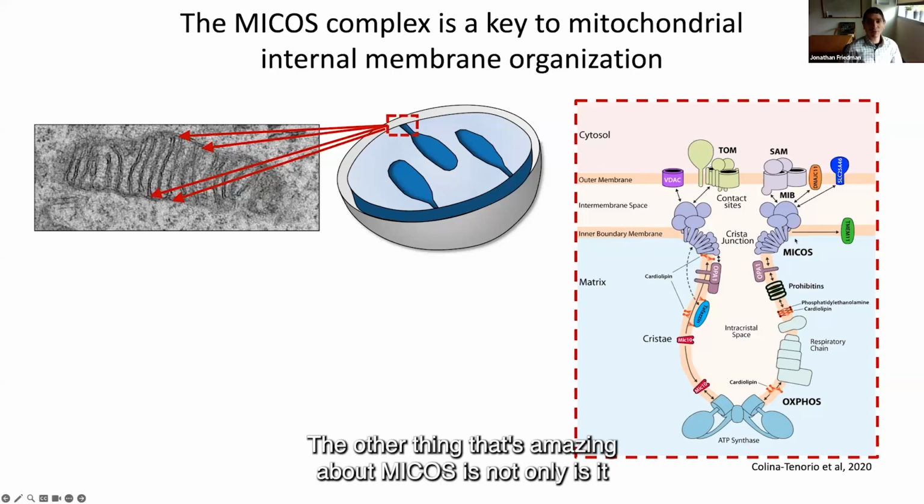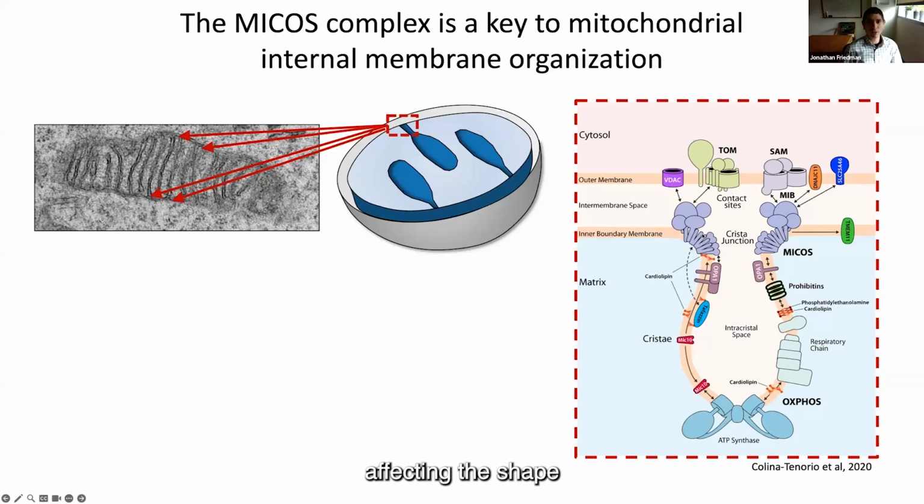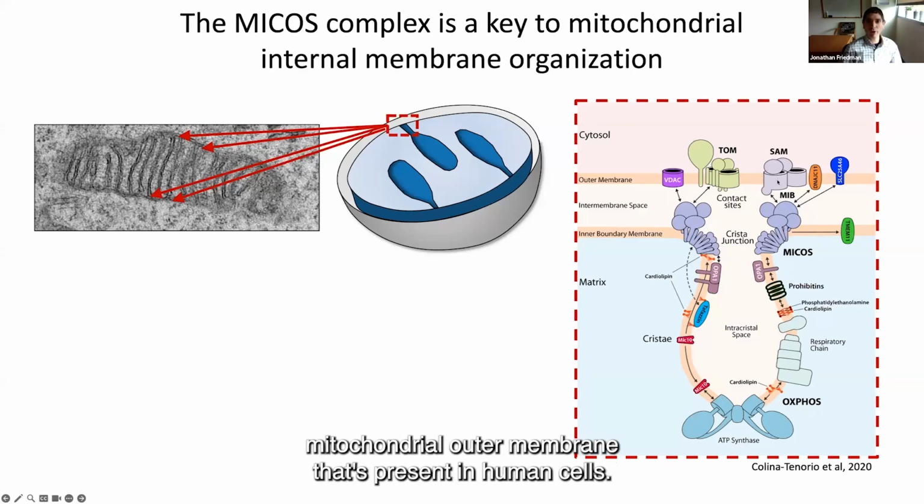The other thing that's amazing about MECOS is not only is it affecting the shape and organization of these cristae membranes by its behavior at cristae junctions, but it also has a number of different interactions across mitochondria. All of these arrows here are different interactions between the MECOS complex and other complexes on the outer membrane. These interactions can be very tight, to the point that there's a super complex between MECOS on the inner membrane and the SAM complex, which is involved in beta barrel assembly on the mitochondrial outer membrane